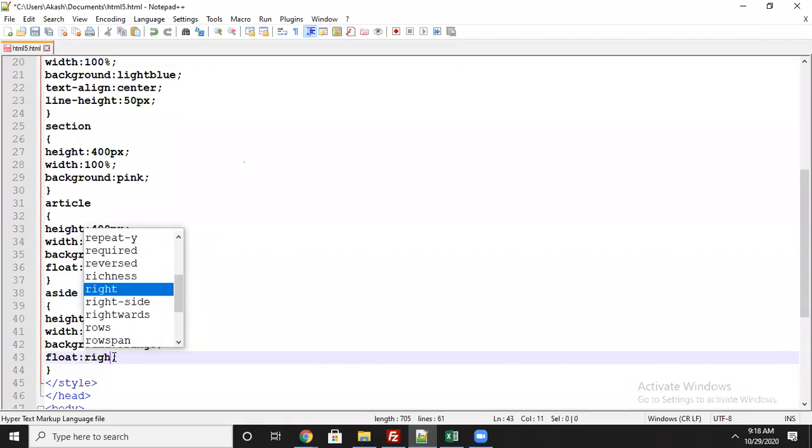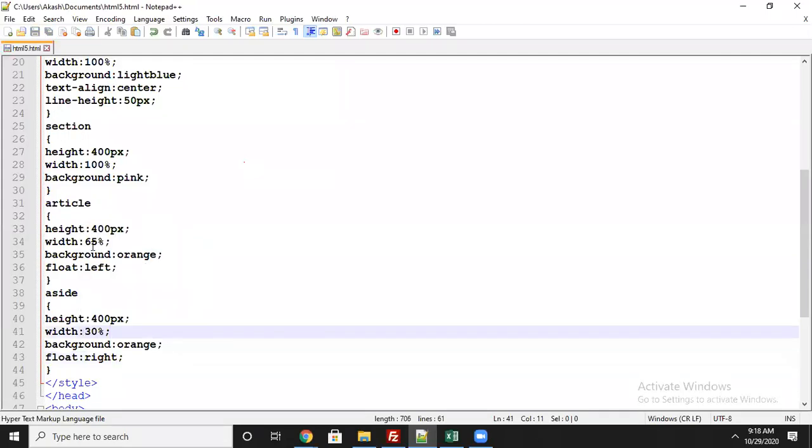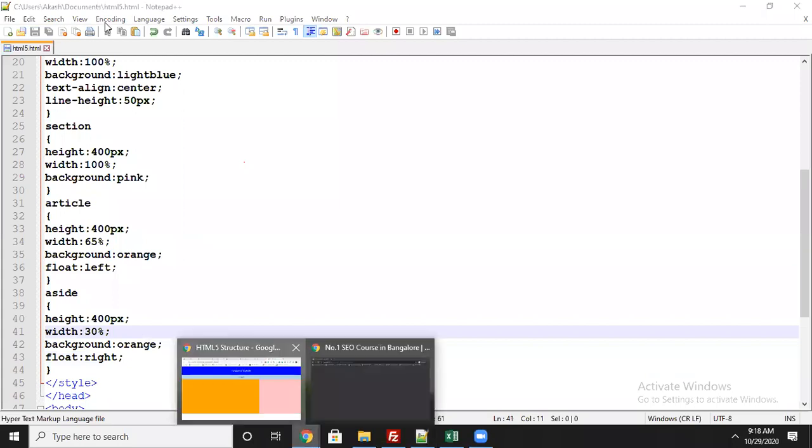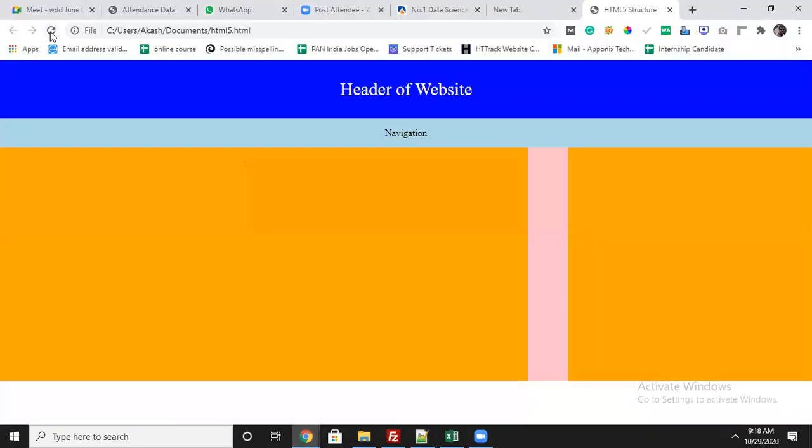Right means it will shift to the right side. Out of 100%, I use 65 for article, 30 for the aside. Totally 95 is used. What will the 5% do? It will give the gap between the left and right side, between both elements. Let's see how it looks. Okay, here it is. It's 65, it is 30. This means inside any section, if you want to present content, you can use these two tags also.